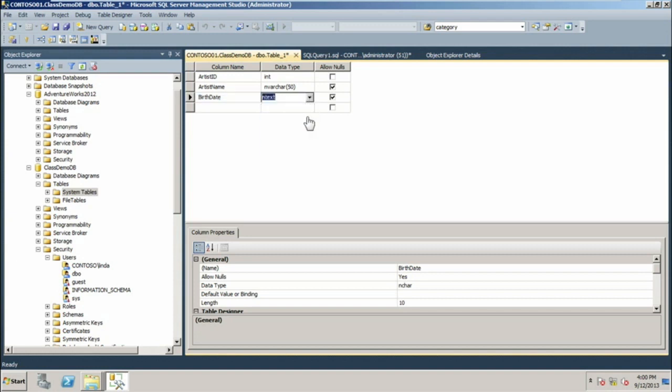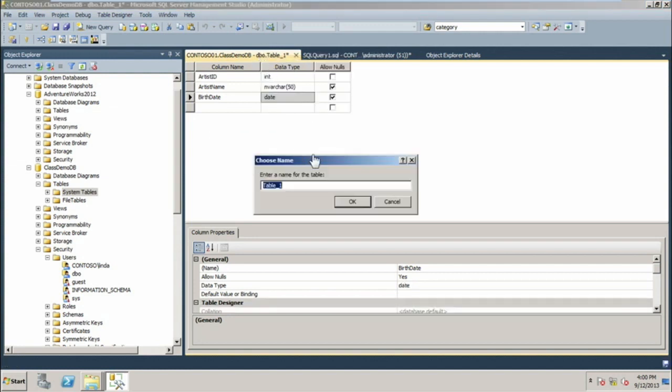That's all right. And we're going to go date. But this is cool. This is a third data type in this table. Yeah, so we have an int, awesome, and varchar, and a date. The bad thing is we're going to toast it anyways. But not really. All right, so we have a new table here. So we're going to save this table out. And we're going to call this